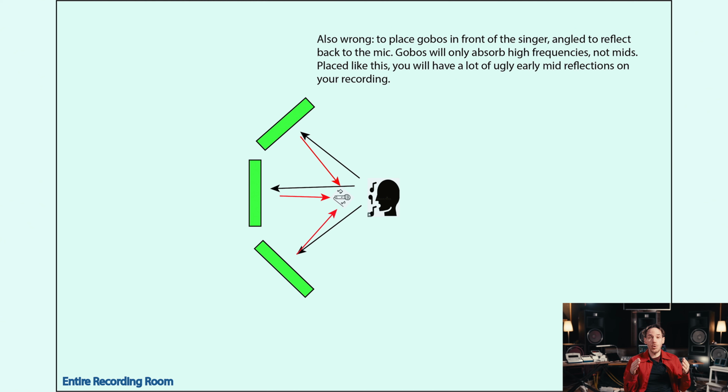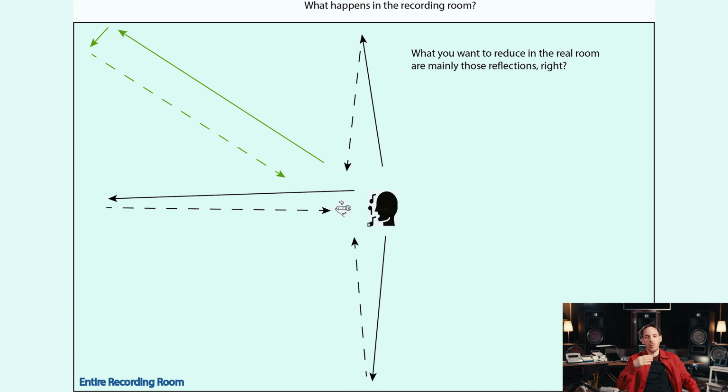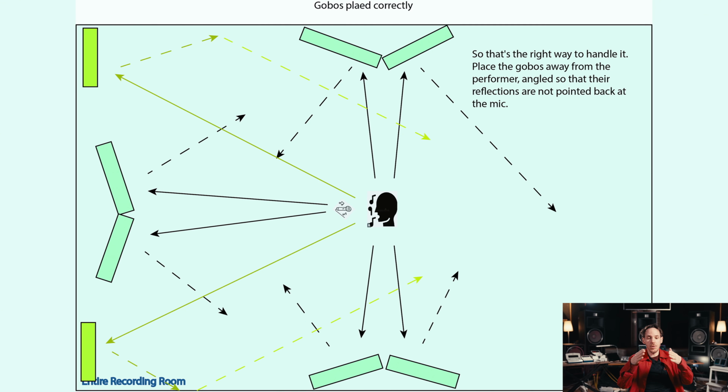So you can absolutely use gobos, but where should you place them? Well, if you want to kill a wall reflection, where would the wall reflection be? If I'm the singer and I sing to this wall, there is exactly one point where there is a wall reflection. All the other points are not that much of a problem because the waves are reflected away. So place the gobo there, or even place two gobos there, like with a fold, so that the rest reflections are not coming back to the microphone.